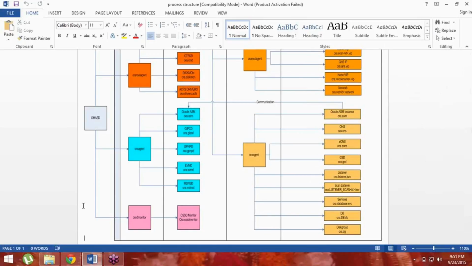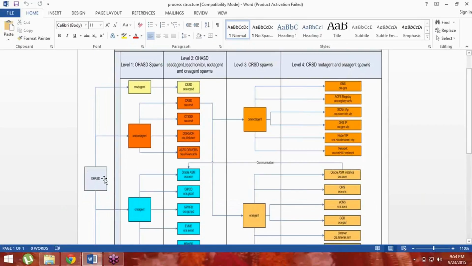I told you that the OHASD entry will be written into init. There you will generally register those processes that you want to initialize after the machine boots. Now, when you start your machine and give the command to start the clusterware, the first thing that starts is OHASD, and OHASD further spawns